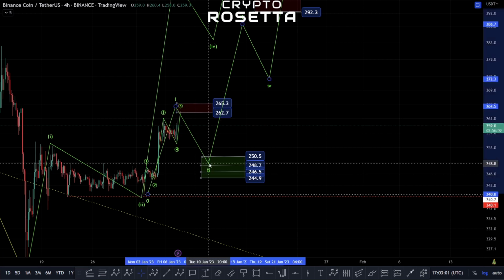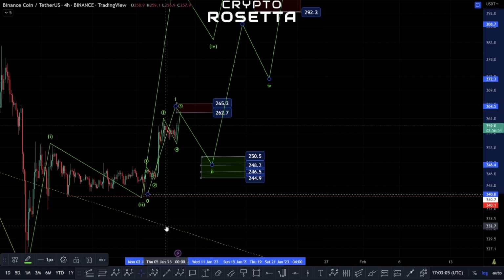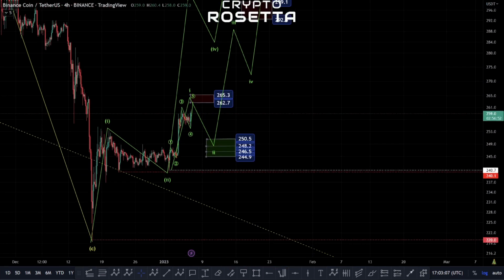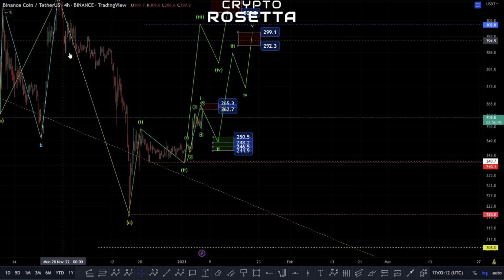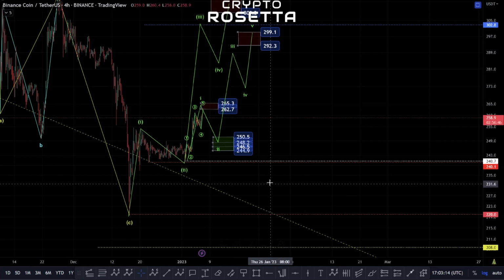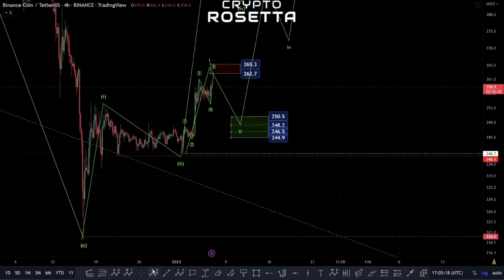Look for this retracement. If we fail to hold this level here of this 240.8, then it's possible that this could actually just start to break down here, where this becomes a 1, 2, and then we look to break to the downside. However, if we do look at this maybe as a more complex move that's developing here,